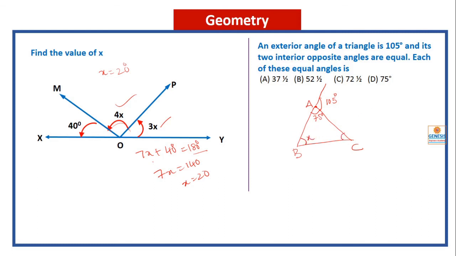If I take this as x and this is x, how much do I get? I can use anything, right? So 2x plus 75 is equal to 180 because the sum of the angles in a triangle is 180. So 2x is equal to 105 and x is equal to